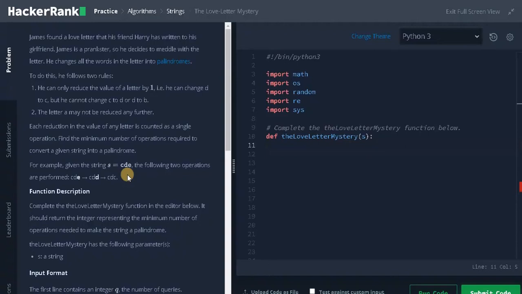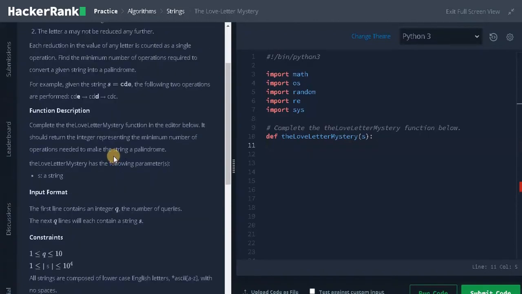So we can find the difference between these two letters, that is, the difference between C and E is 2. Like that, we do this for all the characters. Finally, we will return the total difference from those characters. That's the overall logic of the problem. Let's see that in detail while coding.